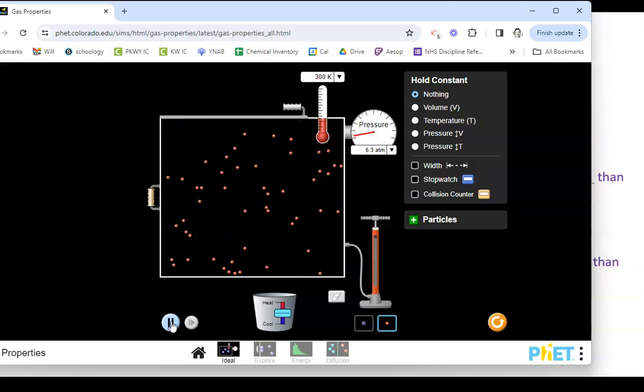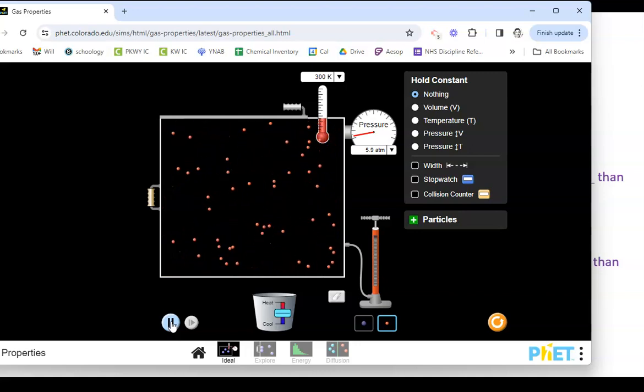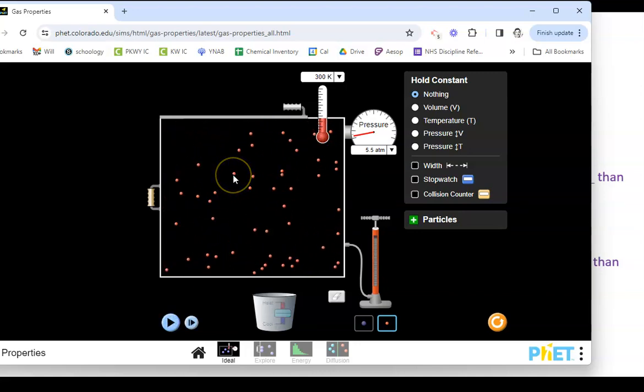But that transfer of energy is perfect in this case, meaning that as one particle comes in and hits another particle, all of the faster one's excess energy is transferred to the other particle. So there's no net loss in energy. Well, if they have London dispersion forces and they sort of have a magnetic attraction for each other, some of that energy is going to get lost because of that attraction,